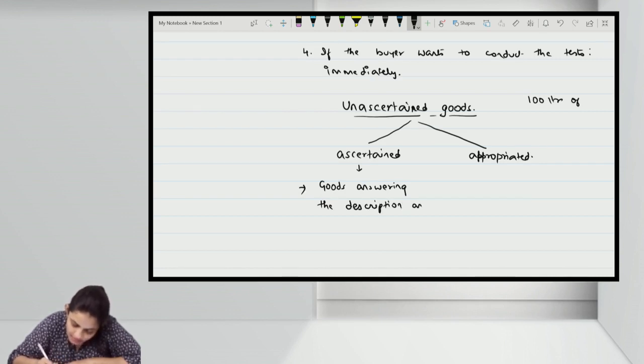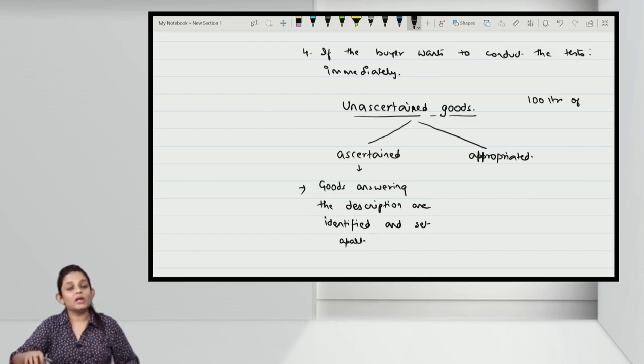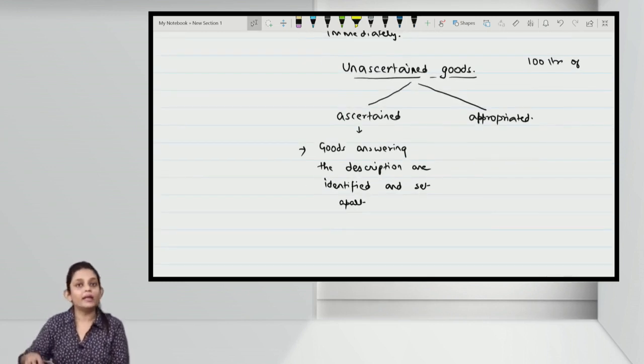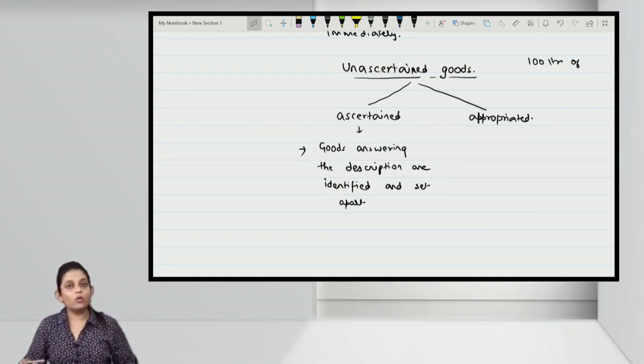Goods answering the description are identified and set apart. Right? What is ascertained? Goods answering the description are identified and set apart. So the moment I say to the seller, I want 100 liters of coconut oil, what he will do is